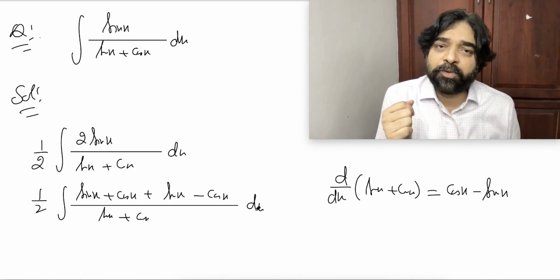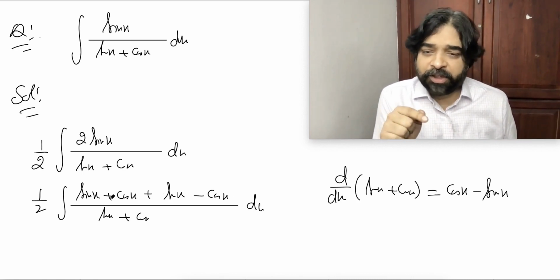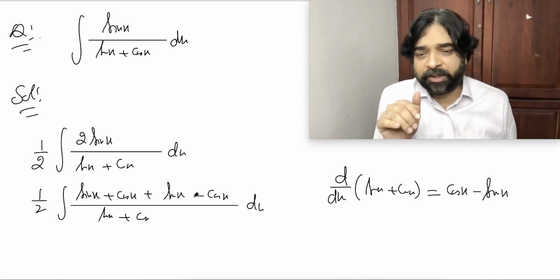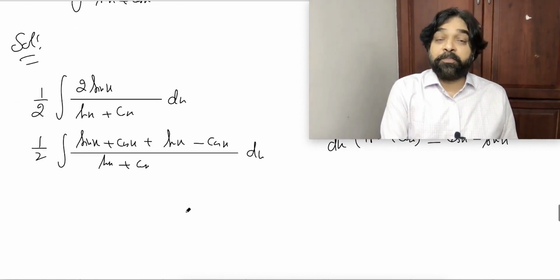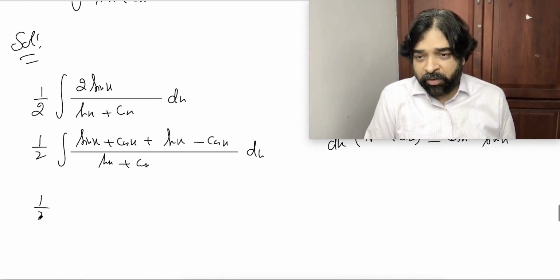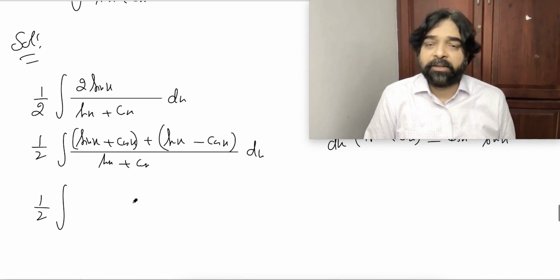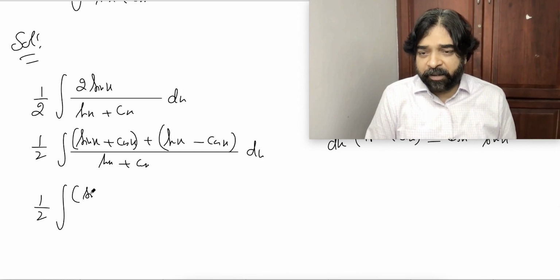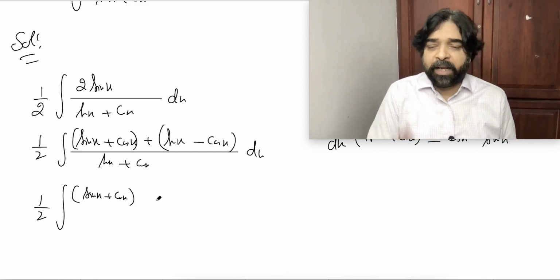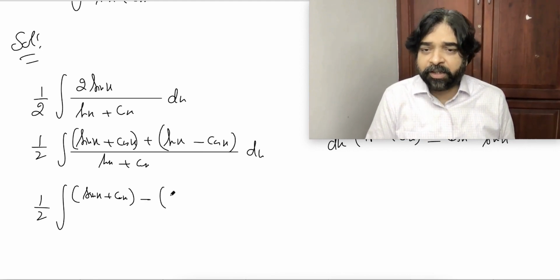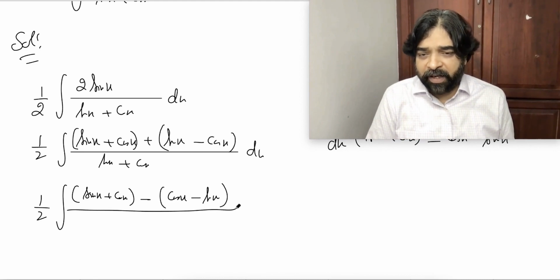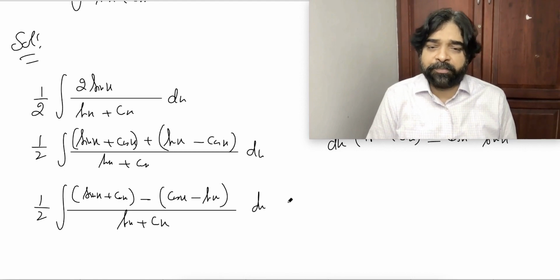I hope all of you understood what exactly I am trying to do. This is still 2 sin x only, but I split it in this format. Now please concentrate. This is one bracket, this is another bracket. The first bracket, let it be like this. But from the second bracket, can I take minus common? Yes, very much. What will you get? You will get cos x minus sin x divided by sin x plus cos x. Now nothing is left in the question.